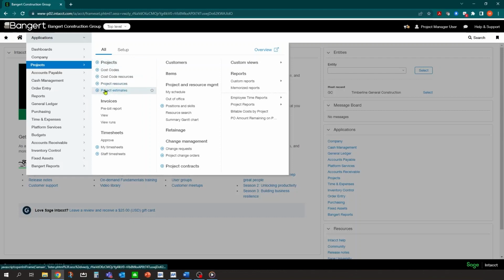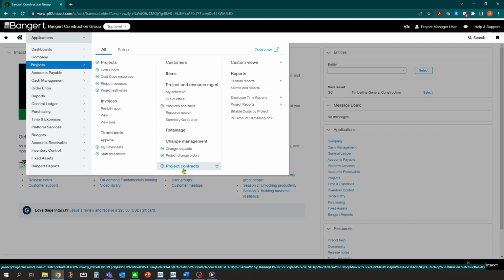Okay, along those same lines, they can also enter in project contracts. So if they're going to enter their project contracts, their schedule of values lines, and how they're going to bill the project, they can also do that in the system as far as setup goes. As far as data entry and workflow goes, they can also enter change requests just like the employee user could. But in addition to that, they could then turn that change request or requests into project change orders and also attach that to the project contracts to update your contract so that you can bill